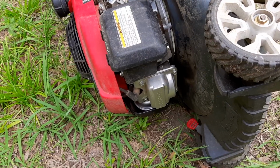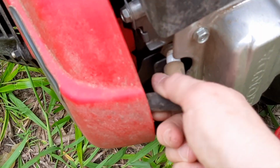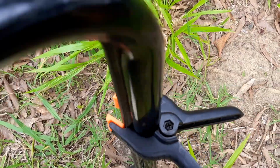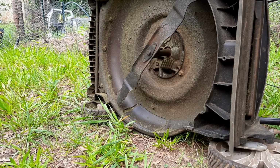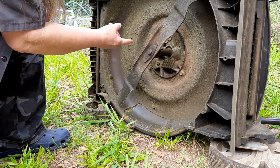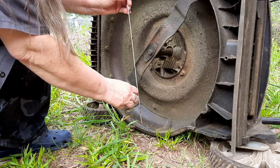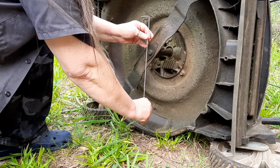Follow along. So I've turned the mower over on the oil side because I want to see if the crankshaft is bent. Take off the spark plug and put a small clamp on the bail handle to release the brake. Now I usually use a crosshair laser to project a crosshair right on the bolt. The batteries ran out, so I'm just going to use a little piece of coat hanger. Real easy way to do this. I just push this right into the ground